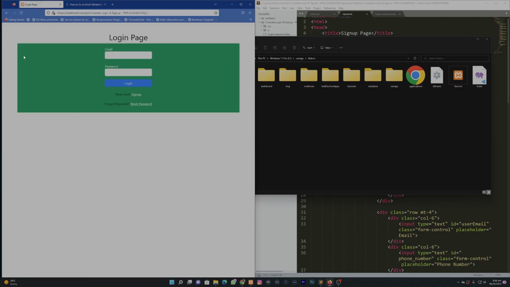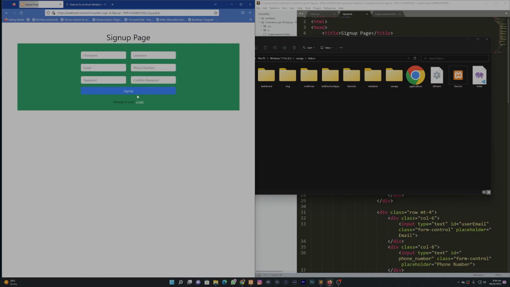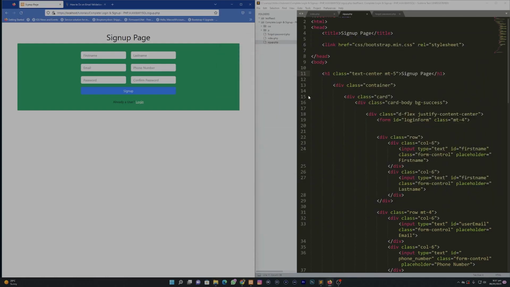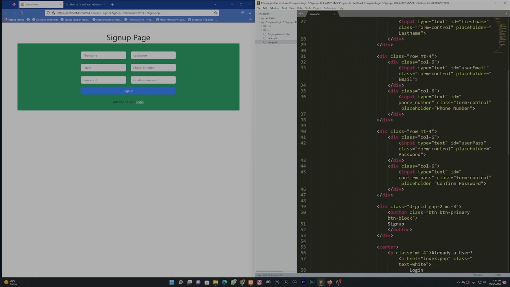Okay, now I'm going to start this, and I'm going to navigate to the sign up page. Okay, so I'm at the sign up page now. I also have the same thing open here. I'm going to minimize this. Now I'm going to close the index page and the forgot password page, and I'm going to work on the